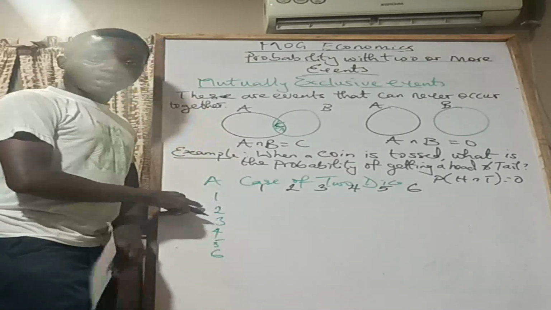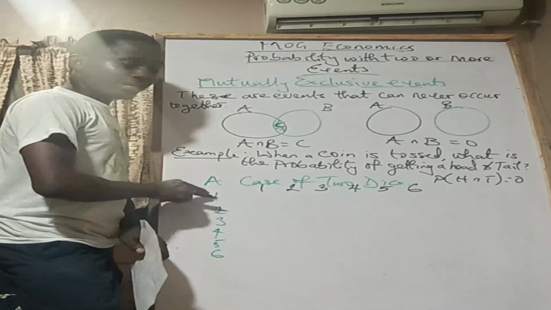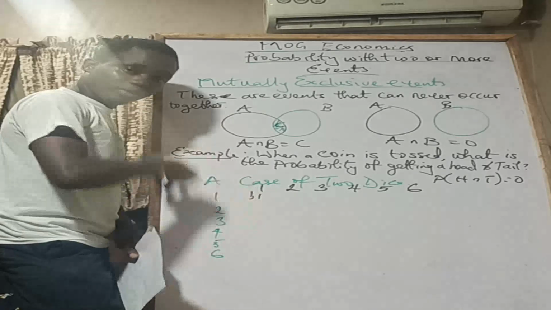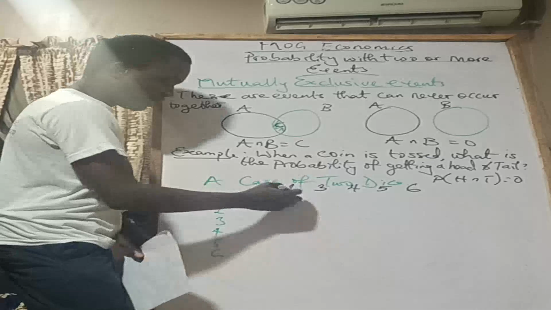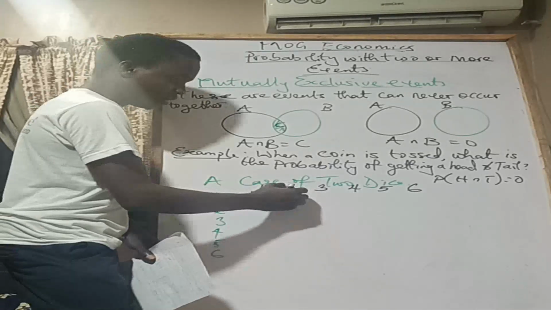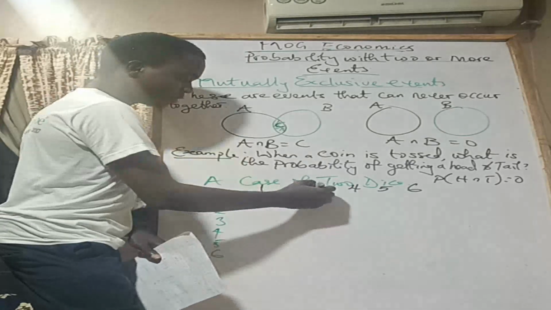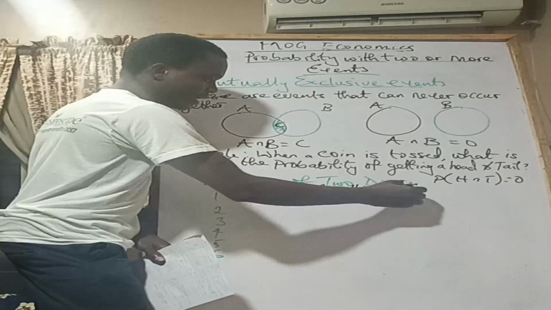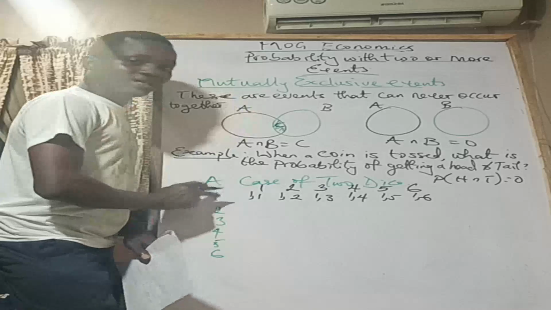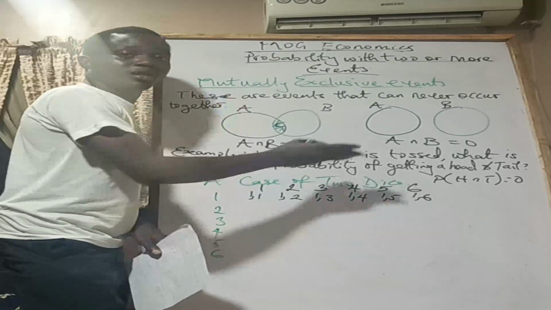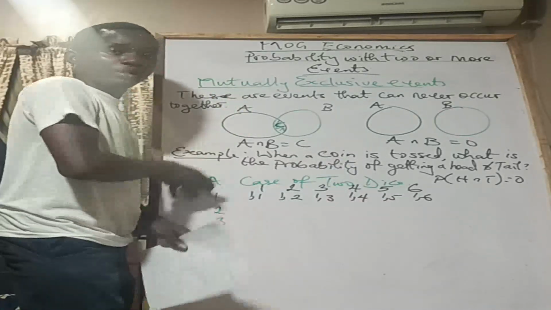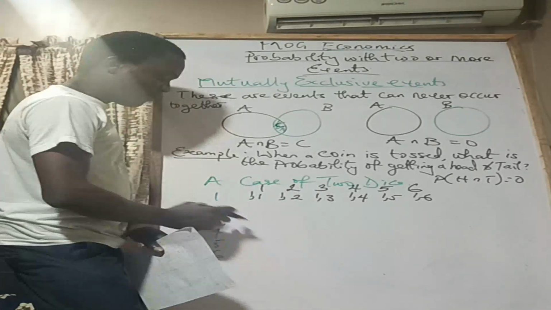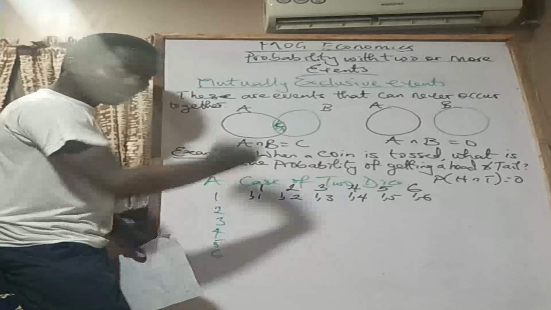So for 1 alone, if I toss the first and I get 1, I'll have 1, 1. That is 1 for the first die and 1 on the second die. Then I have 1 on the first die still and 2 on the second die. Then 1, 3, 1, 4, 1, 5, 1, 6. So if the first die is 1, there are 6 different combinations of the second die that can go along with the 1 we got for the first die. The same thing, if the first die happens to be 2, there are 6 different outcomes.